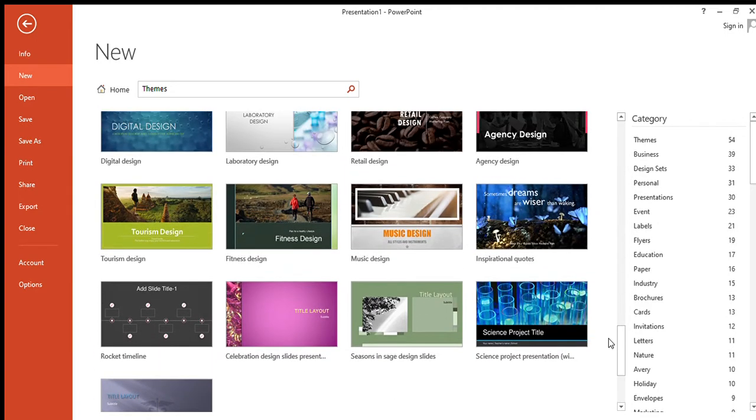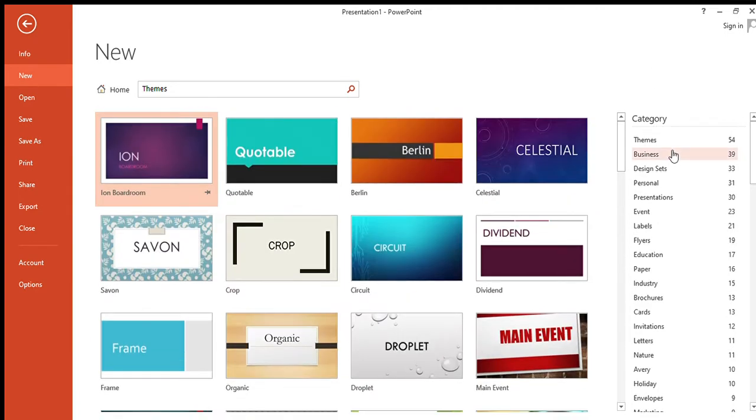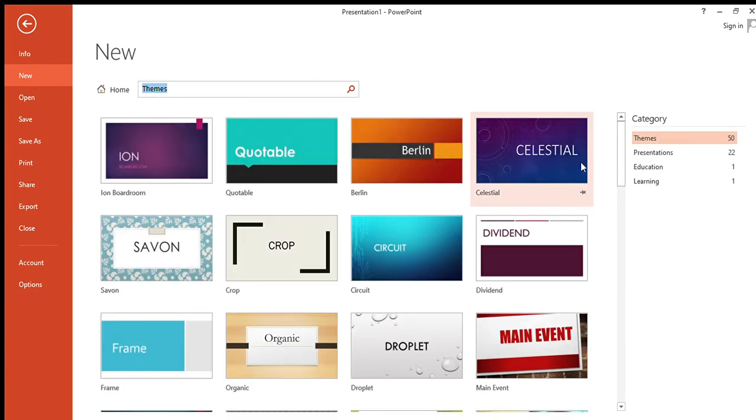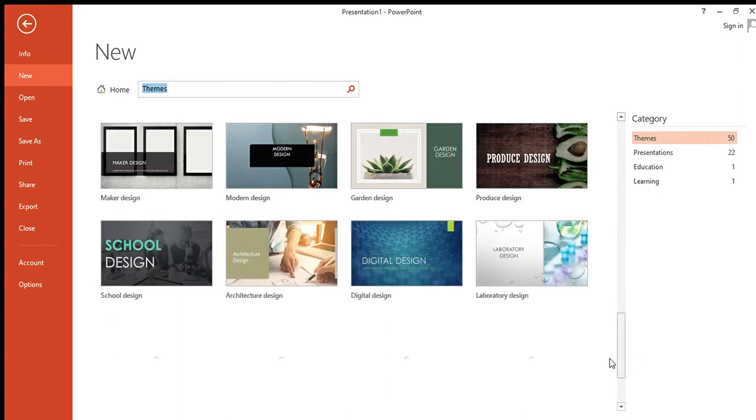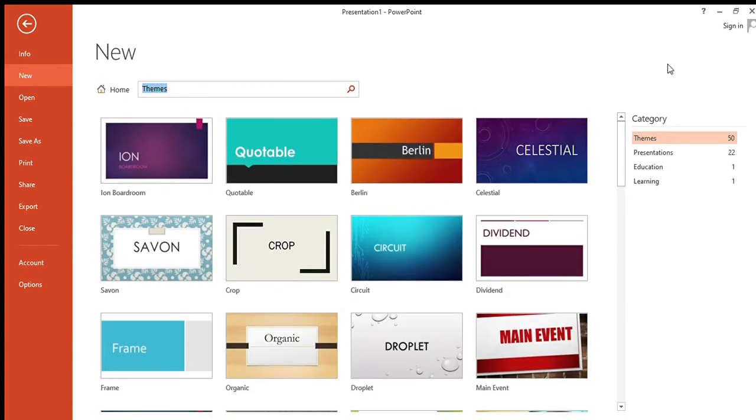Till now, PowerPoint has published. So this one we can click. See, 50 themes are there. How amazing, right? Next. Then again click new,